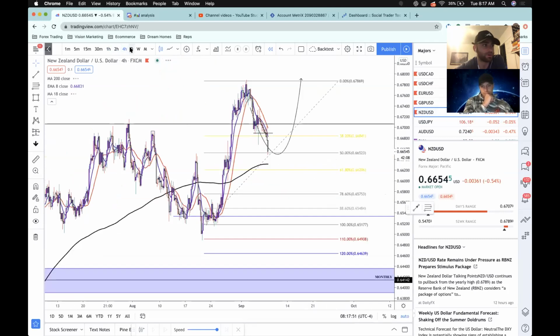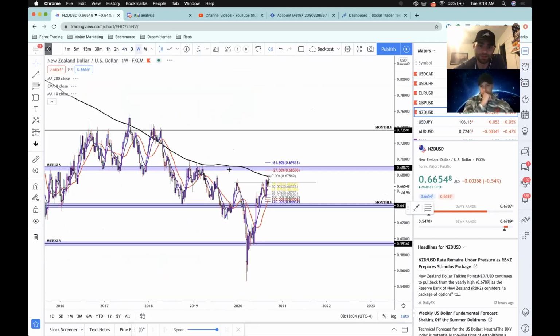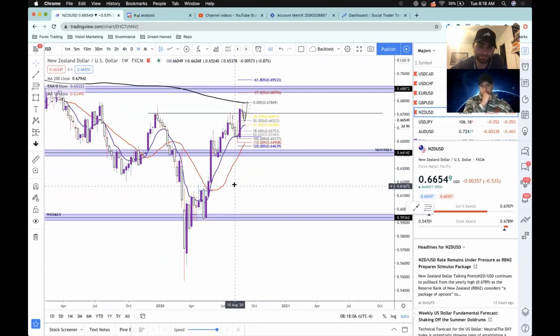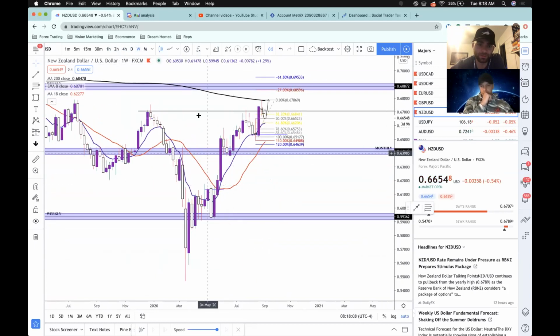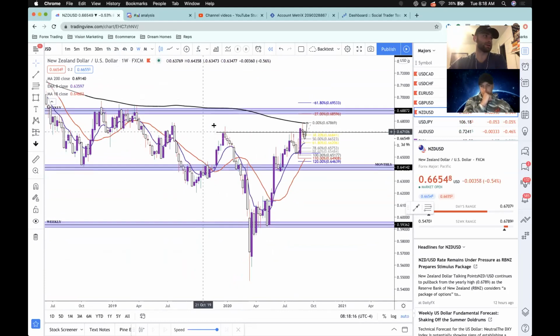Let's go over to NU. Let's go up to the weekly time frame on NU. So weekly on NU, we're retesting this previous lower high right here. Again, always doing top-down analysis. So coming down from this weekly time frame,